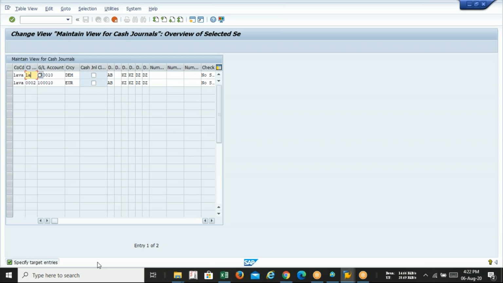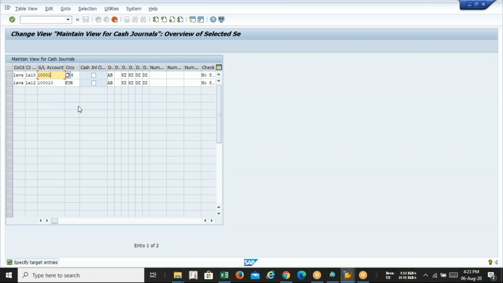Here I am maintaining LA10 and the second one LA12. You can use any four characters over here, and that will be the name of the cash journal. I have two branches, so that's why I am creating two separate cash journals.